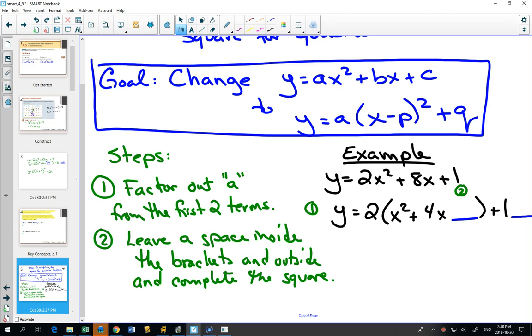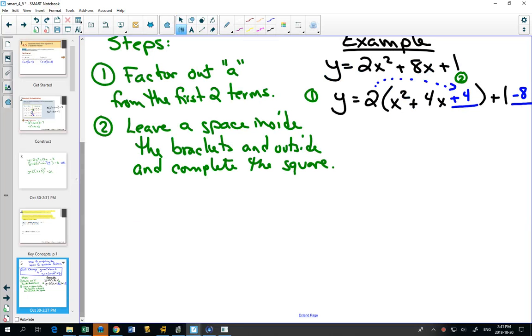you're going to complete the square. So the question is, what number is going to go in there? It's going to be a plus 4. And if I put a plus 4 in that first space, what have I actually done to the side? I've added 8. Can you see that that 2 hits that 4? You've added 8. So in the second space, we have to undo that adding 8. So we need to subtract 8. Once we've done that, number 3,